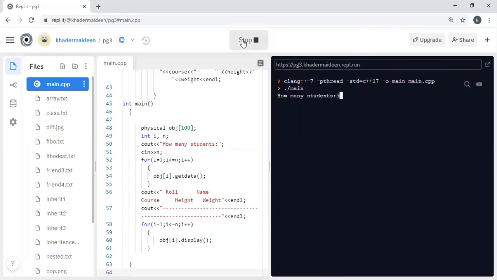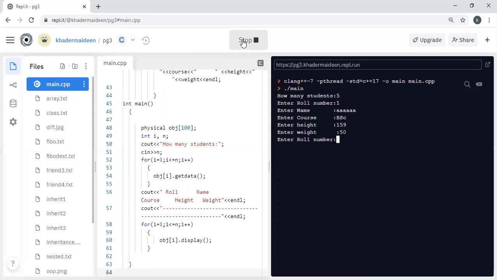So 5 students. Roll number 1. Course BSA. Height 150, weight 50.